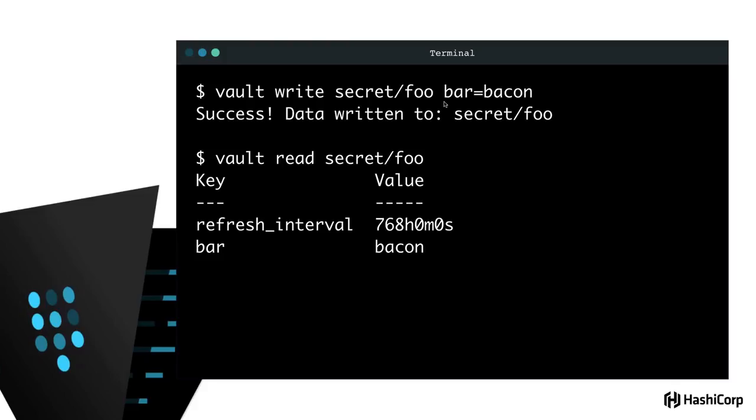And it lays out its data in a hierarchical file system. So here, secret/ is a directory, and foo is an entry within that directory. And then we can come around later and do a read against secret/foo, and we're getting back